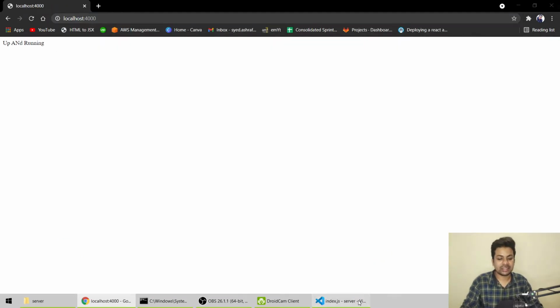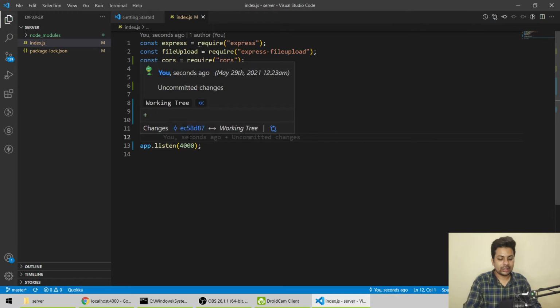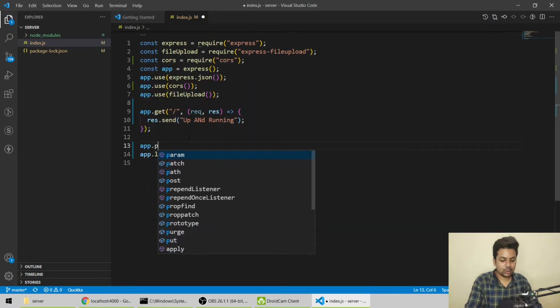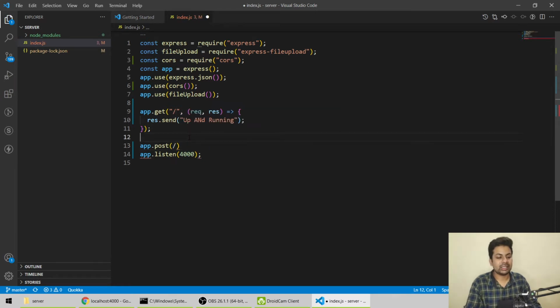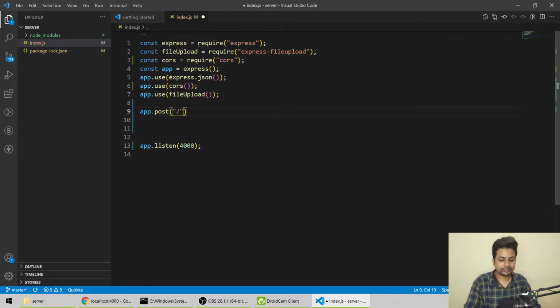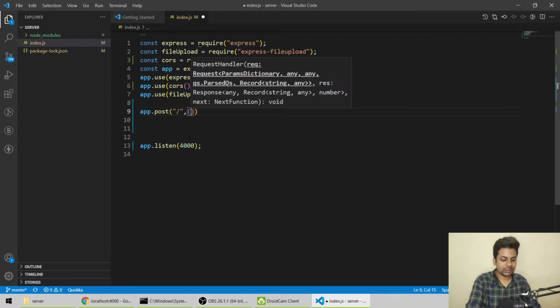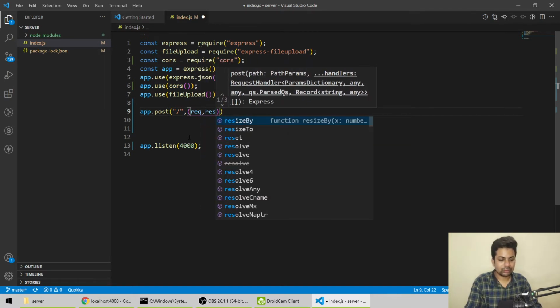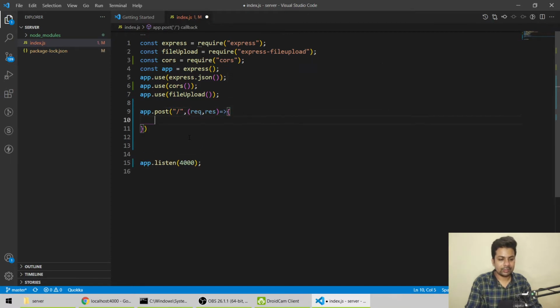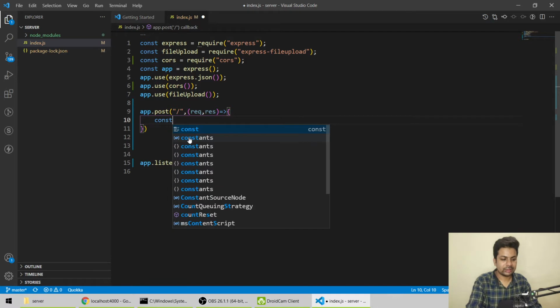Now let's start with the express file upload code. app.post, obviously it will be a post method because we are sending a file. Let me delete this first. It's the base URL. We'll take request, response.